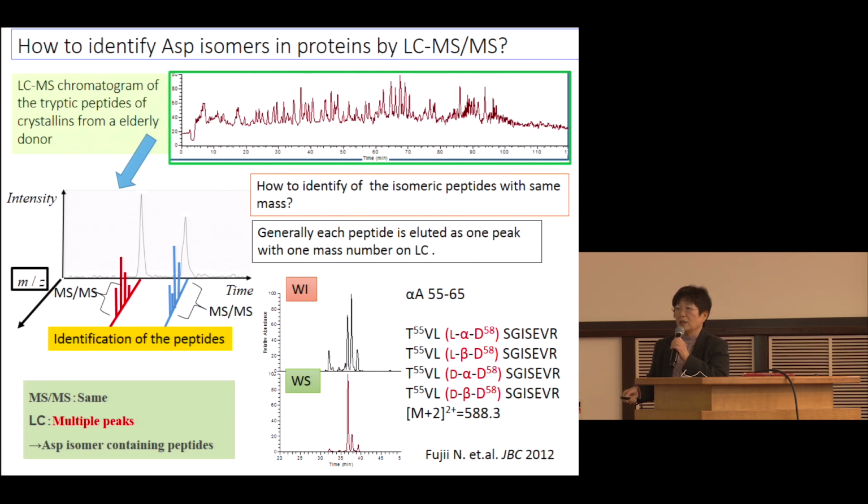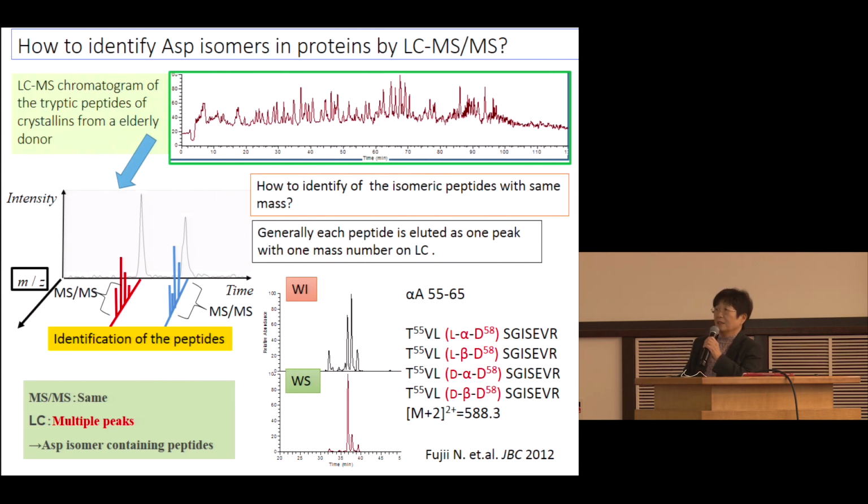The MS-MS is the same and there are multiple peaks on LC. That is ASP isomer containing peptides. We can distinguish these isomer containing peptides very easily. So now, next step, which peaks